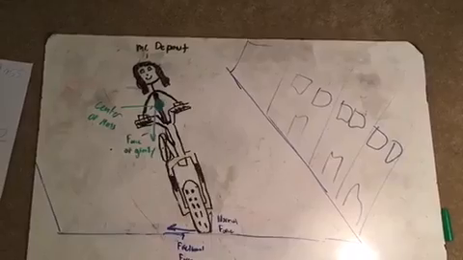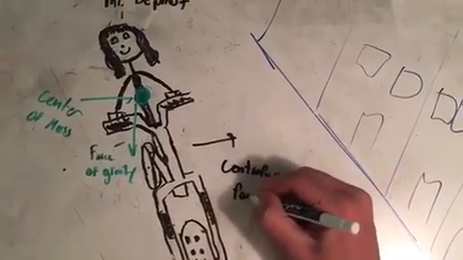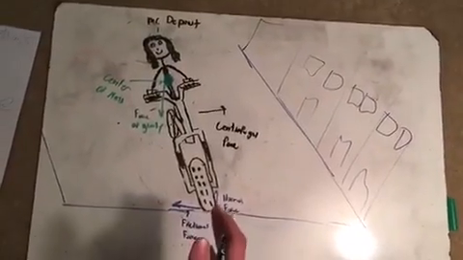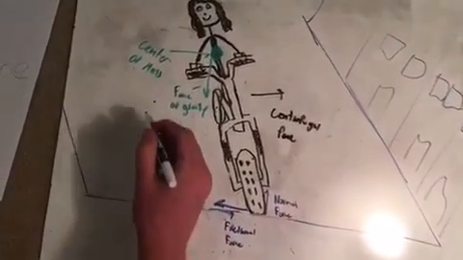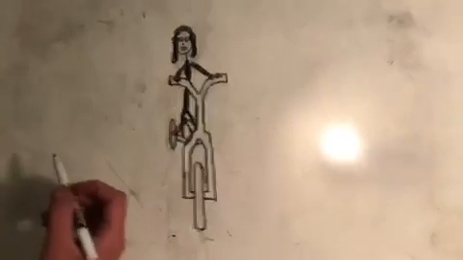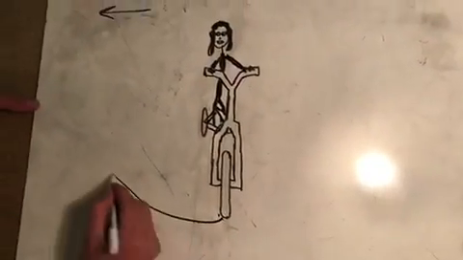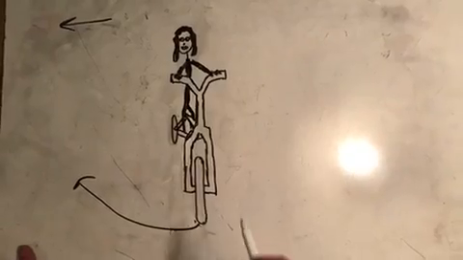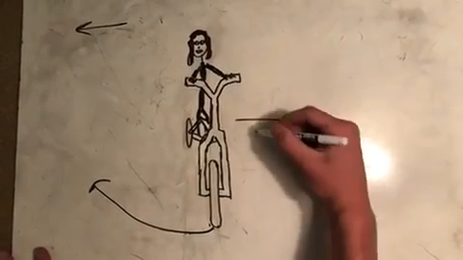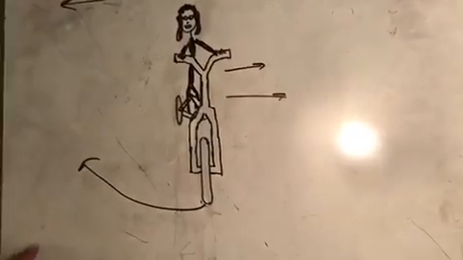Because Mr. DePriest is riding in a circle, this is going to create a force called a centrifugal force. And in order to counteract this centrifugal force, he needs to lean his center of mass in this direction so he will not fall over. If Mr. DePriest decided he wanted to turn left, and he turned the steering wheel so the wheel would then go in this direction, and he didn't lean into the turn, then because of the centrifugal force pointing this way, his body and the rest of the bike would also go this way, causing him to fall over.